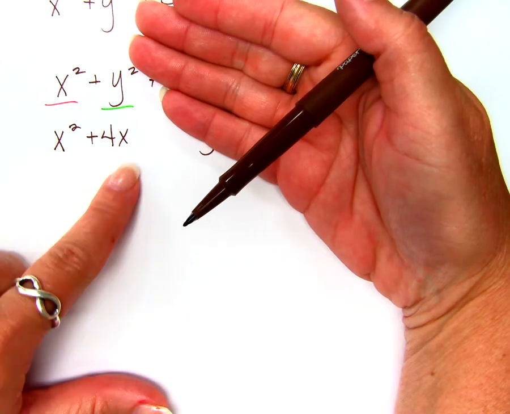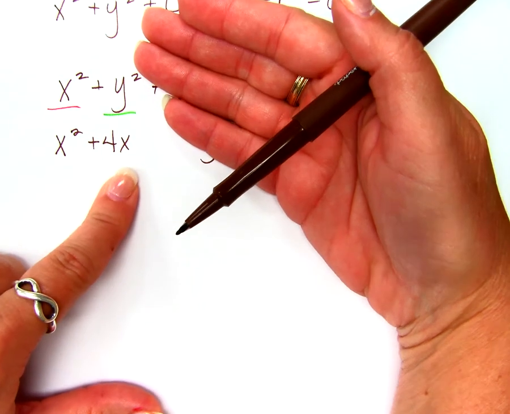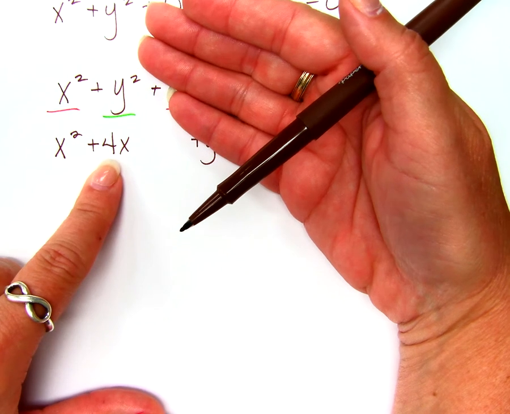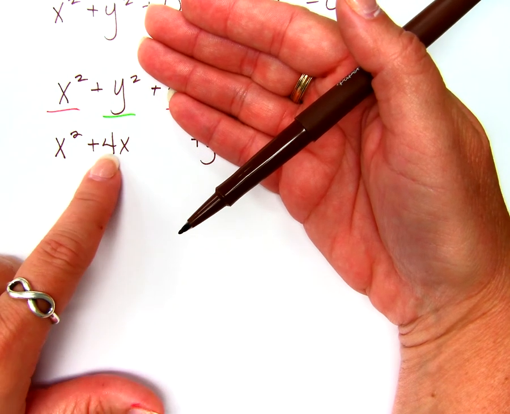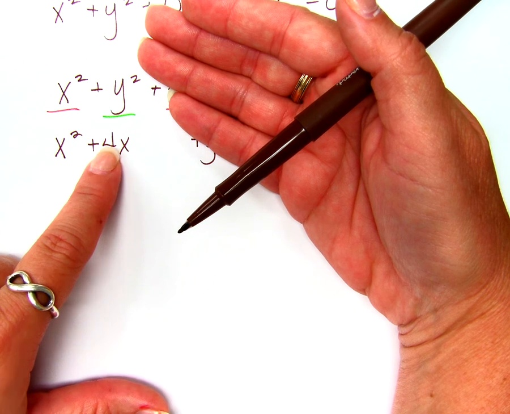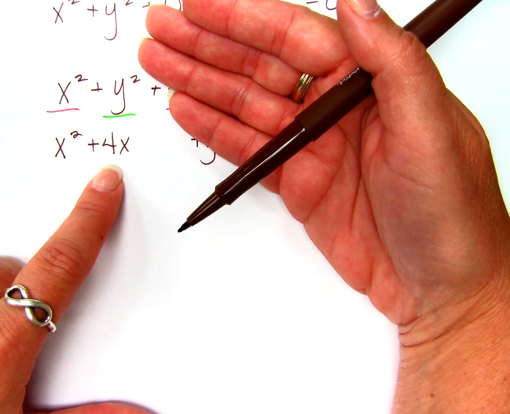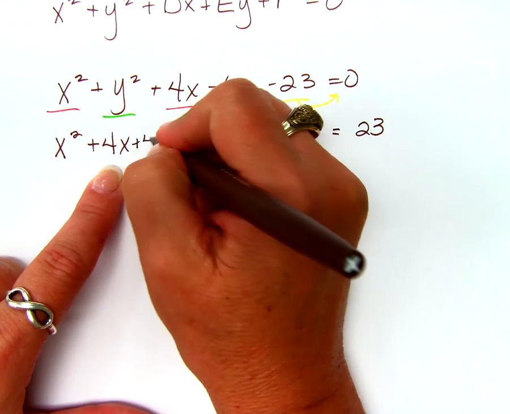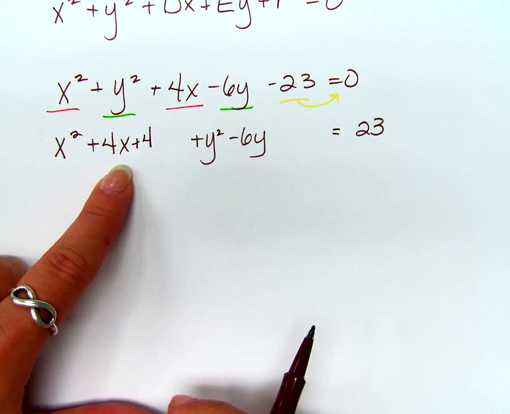And I have to complete the square on the x's. Here's the pattern of completing the square like I taught you last time. Take this x term, divide it by 2, and square it. What's 4 divided by 2? What's 2 squared? If I add a 4 here, where else do I have to add a 4? Now